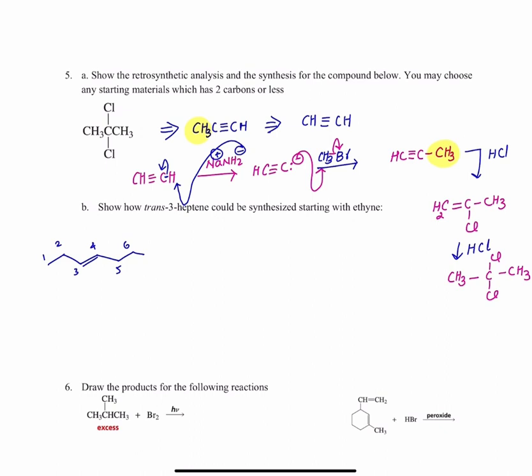Now we have to start with ethine, right? So how are we going to synthesize this molecule from ethine, which is basically acetylene? Okay, now again, let's take a look into the starting material and the target molecule. Here you have only 2 carbons, but here you have a total of 7 carbons. Now, if you consider that these are the two carbons from your acetylene molecule, then we have to add the remaining portion, which is this one and this one. So you have to add a total of 2 carbons here and 3 carbons here, with a total of 5